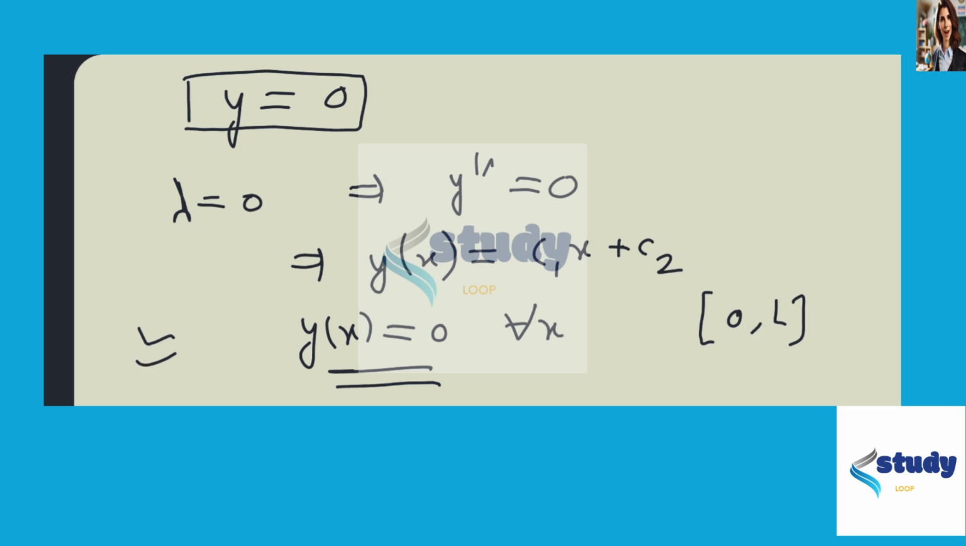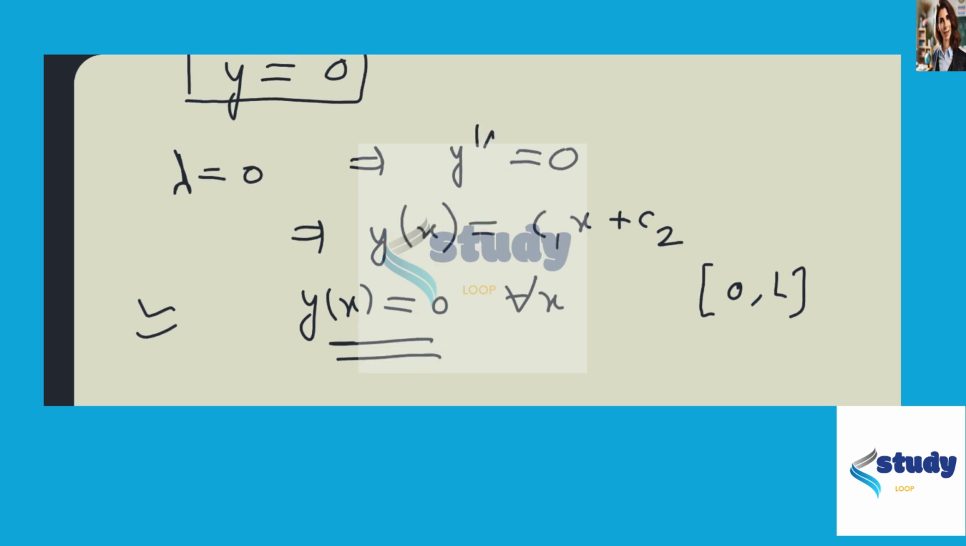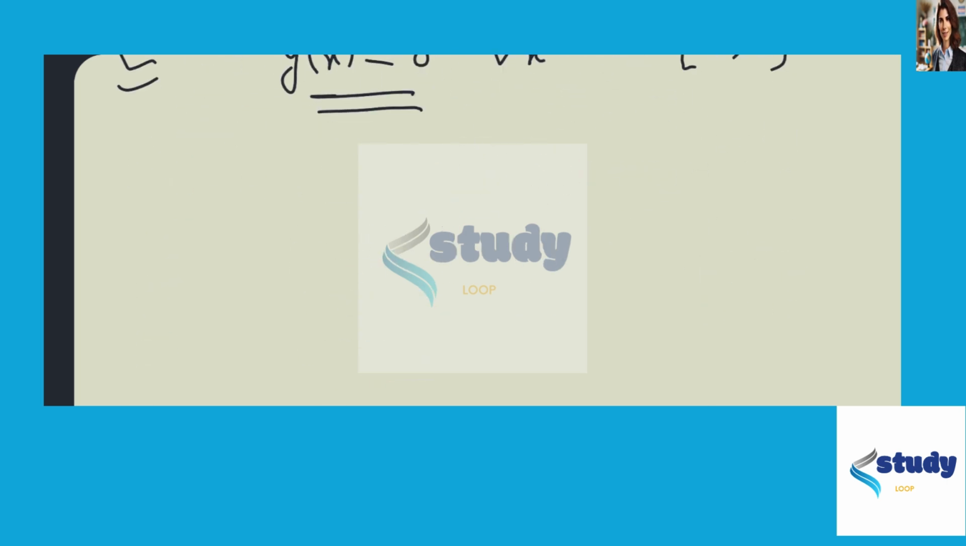Now we'll go to the second part. The second part says that for λ greater than 0, we have to find the values of λ for which the problem has a non-trivial solution and give the corresponding solution, right? So for the second part, we'll plug in y(L) = 0,